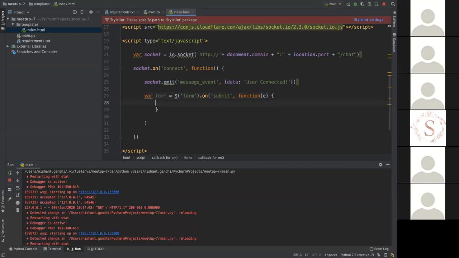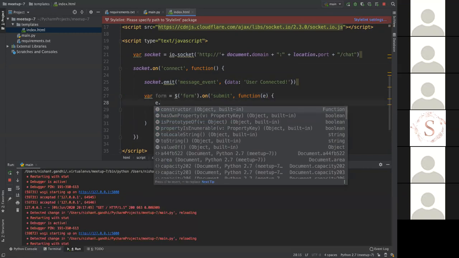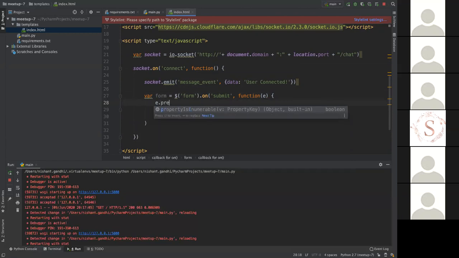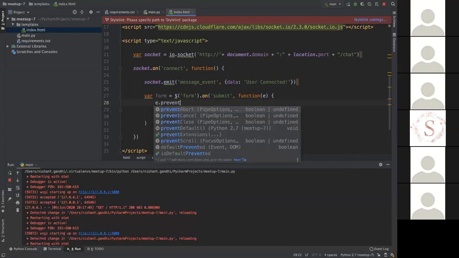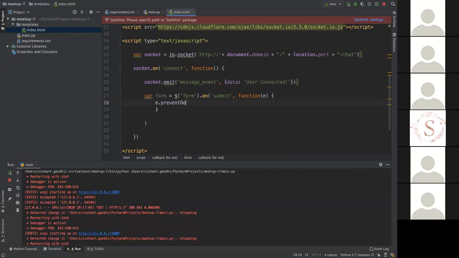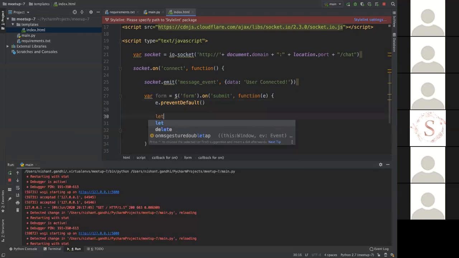So when you click on submit, we want to send the data using WebSocket and not the actual one. First, we want to prevent the default behavior. For this element, we want to prevent default. So don't submit and make the default HTML post request. Now, second thing, you want to capture the data. So let's capture the data. Let username equal to